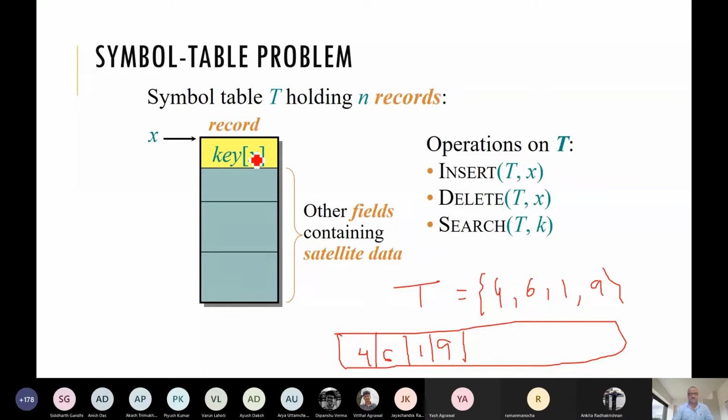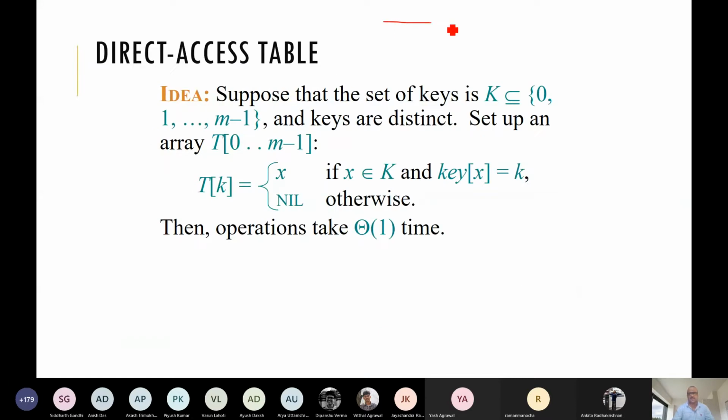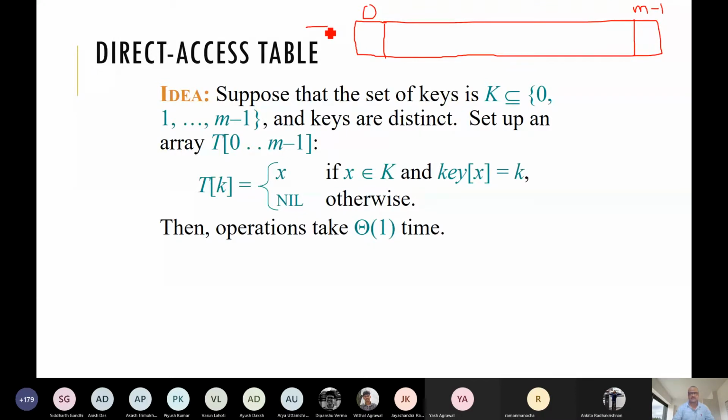To make it faster, what we have done is we have taken that symbol table like 0 1 bits. In the next slide, we have taken a bigger array whose size depends on the size of the key, how much value we are allowing. Here key is starting from 0. If we are allowing the key value up to m minus 1, then we take an array. This is called a direct access table. We take an array, and then wherever the keys are, we put that corresponding field.